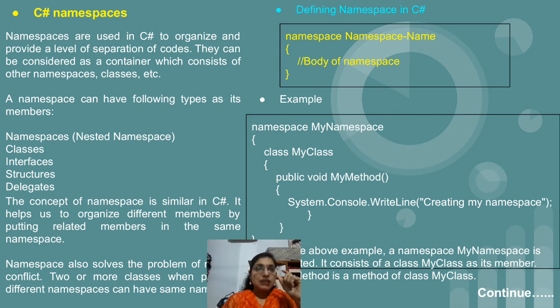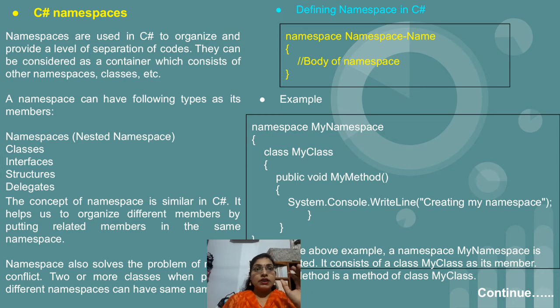So System is a namespace which contains Console, right? And that Console is nothing but a class, or it can be an interface, it can be a structure, it can be a delegate. Okay, and after Console dot, we write the name of the method, that is WriteLine. So WriteLine is nothing but the method which is declared inside that Console class or interface.